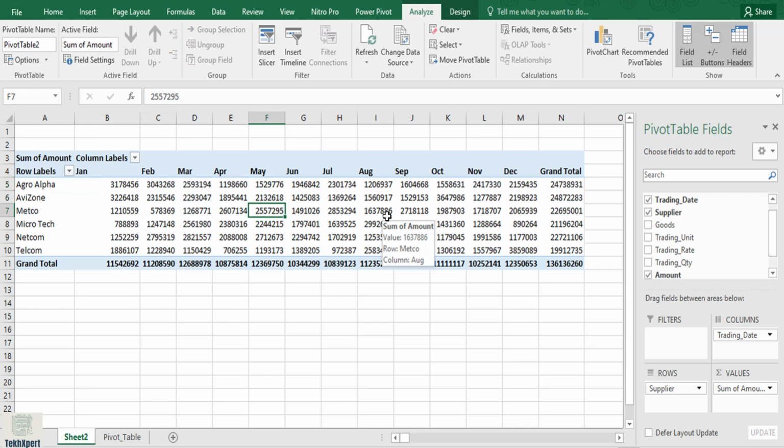You cannot do this in a simple table, and if you want to have a reporting like this, you have to apply SUMIF function, and then you have to check that whether your function range is okay or not, and if your supplier name is changed in the detailed data, your SUMIF function will stop working. So this is the basic working of pivot table.